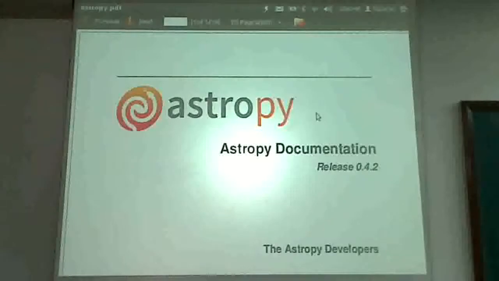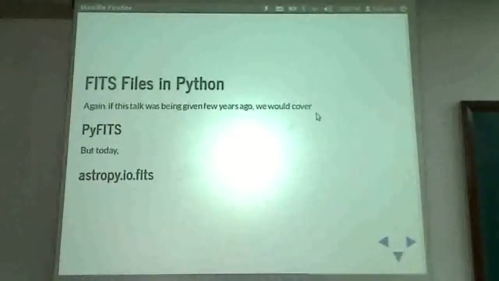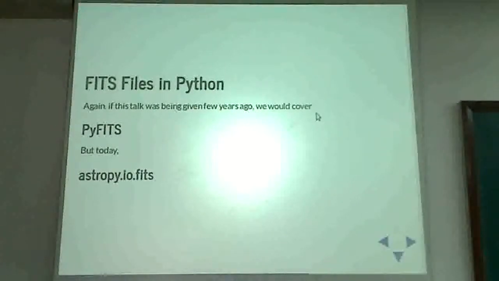Yeah. And just to give you an example of how fast AstroPy is expanding, when this was 0.3.2, this count of pages was 900. So whatever new functionality has been added has resulted in the manual expanding by 300 pages. It is expanding at that rate. So there is no way I can cover all of this. So I have no choice but to give you an overview of what is available, what is the general approach in using these modules, and it's up to you to refer to the manual and build on top of that.